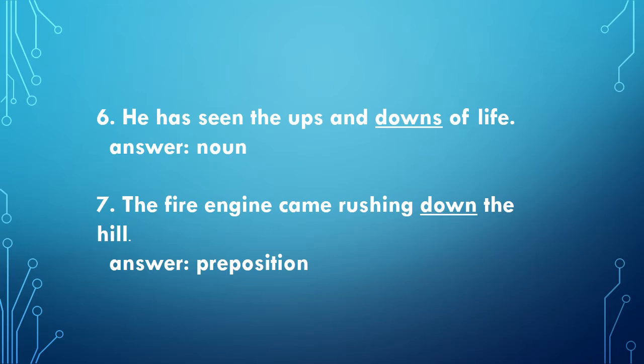Question 6. He has seen the ups and downs of life. Here downs represent noun. Now please read the sentence very carefully. When I am saying he has seen the ups and downs of life, what I am trying to mean is that the person has seen the rise and falls in his life. Now when we are trying to understand this word, we can think that here down means fall. We can imagine the situation, but can we perceive it